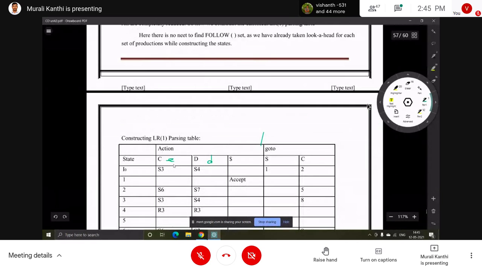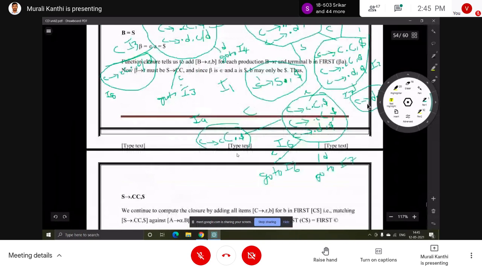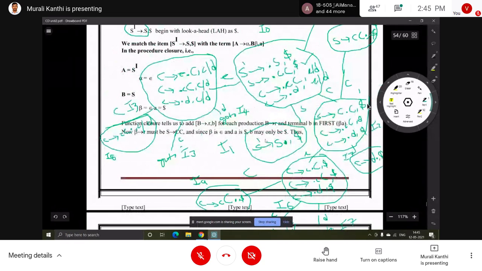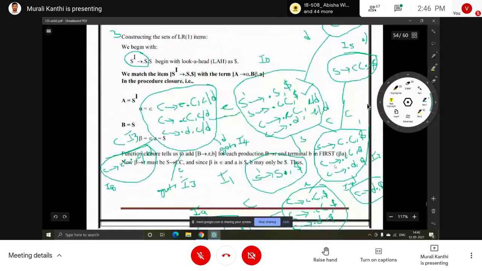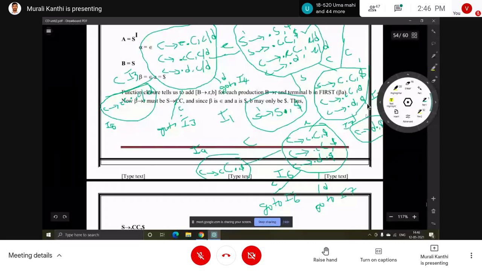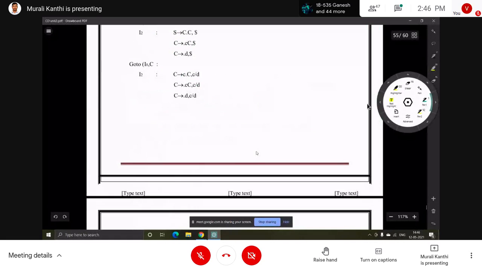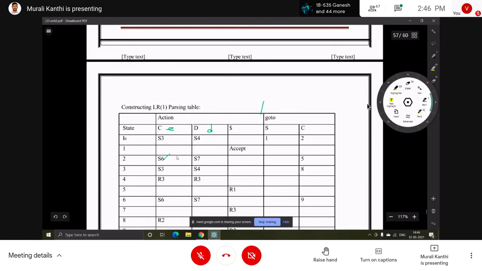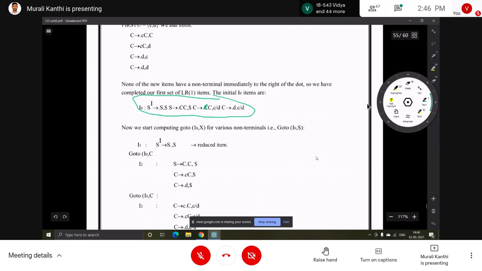So 1, 2, S3, S4. I0 is completed. Next, on I1, no go to function. Next to I2, with capital C, I5, so we just write 5. With small c, S6, with small d, S7. So S6, S7, 5. Okay, I2 is completed.